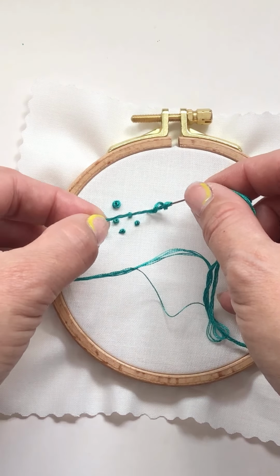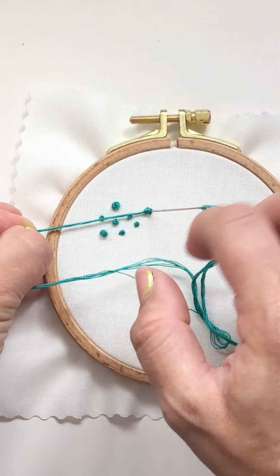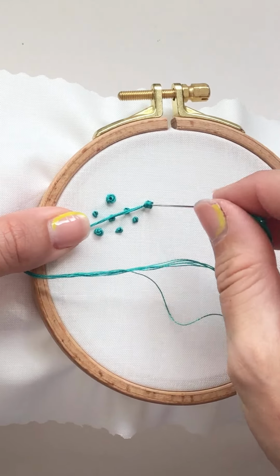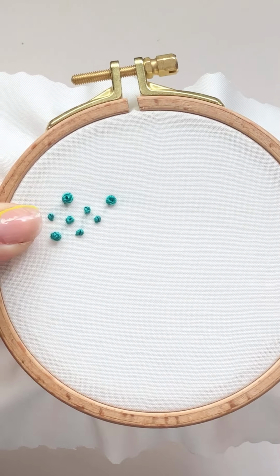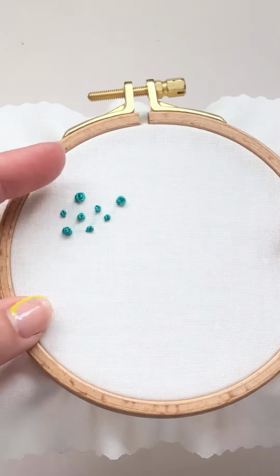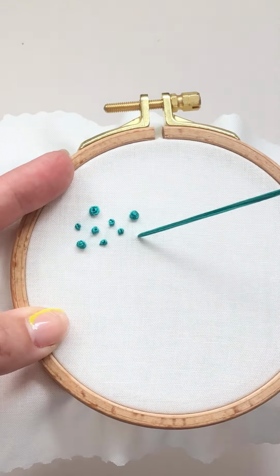And with this hand that's holding the thread, I just want to give it a nice little tug so everything is tightly wrapped around the needle and flush with the fabric. Then I keep holding this thread with my hand and gently push the needle through the fabric and tug, so we get a nice little French knot here. French knots are all about tension, so that's why it's very important to hold your thread and keep it taut